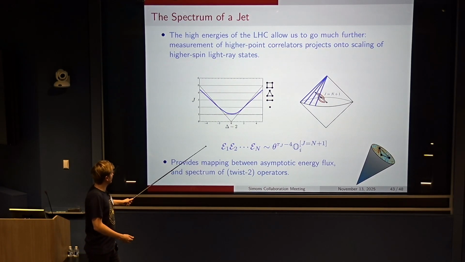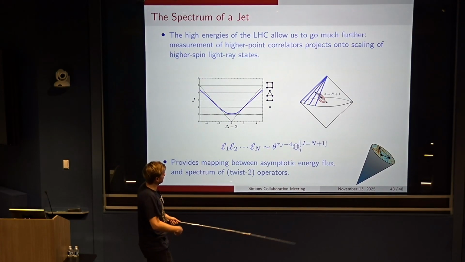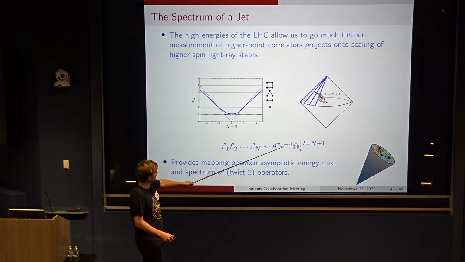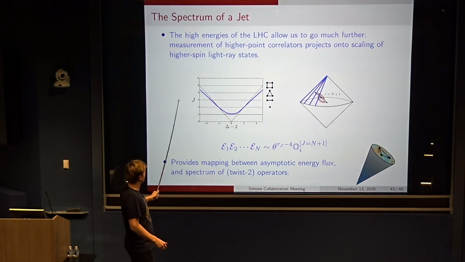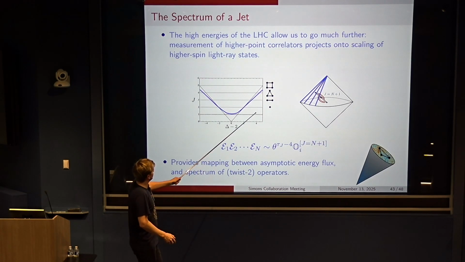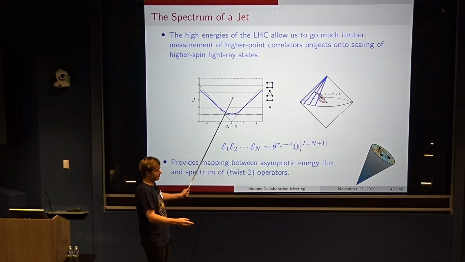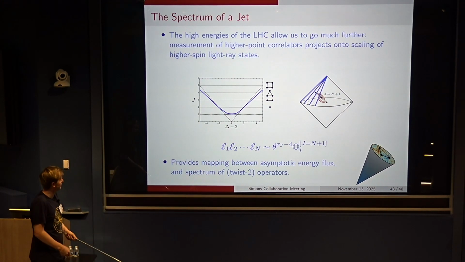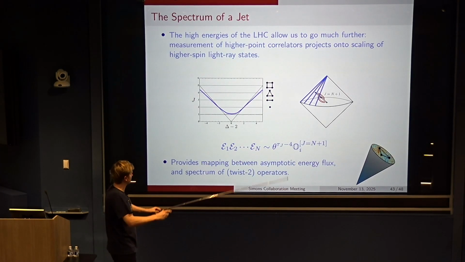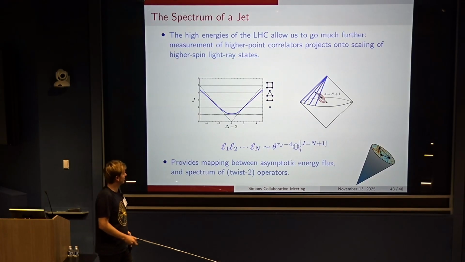And so if you consider the operator product expansion between some n-point correlation function, essentially what you can work out is that it projects you onto some detector operator which has spin n plus 1. And so if you're familiar with these Chew-Frautschi plots, essentially what happens is that as you measure higher and higher point correlation functions, the 1-point function is just the stress tensor, which is conserved, and then you have the 2, 3, 4, et cetera, which just probe different spins in this Chew-Frautschi plot. And so this is very nice because it really provides a mapping between what an experimentalist can measure and the spectrum of twist 2 operators in your theory.